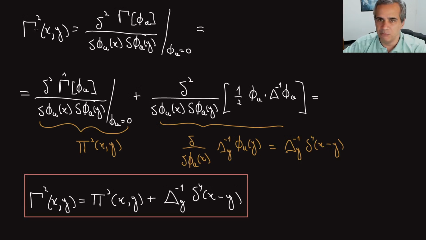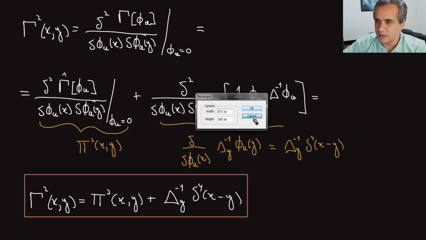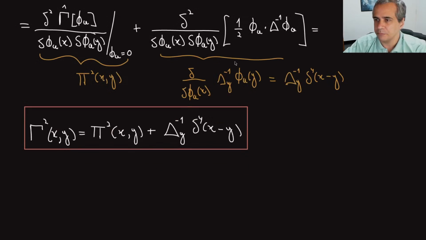But now, when you take the effective action, you generate this little extra piece, which is very important because this object actually has a meaning. It is the inverse of the full propagator of the theory. This is the inverse of the full propagator. This is the inverse of the free theory propagator. And this is the inverse of the full theory propagator in the sense that if I define this full propagator, I'll be able to show that